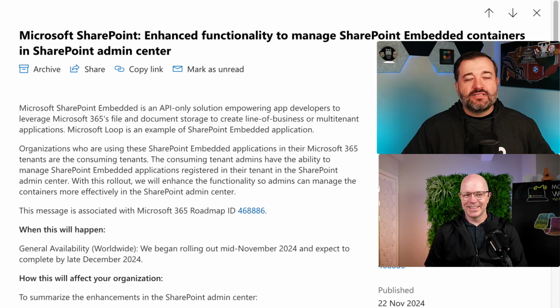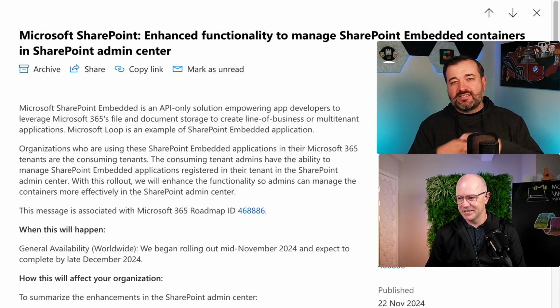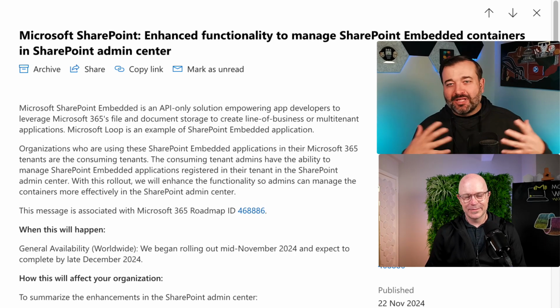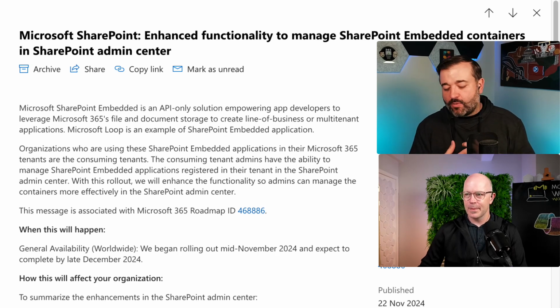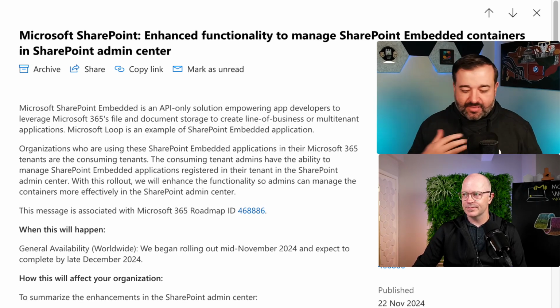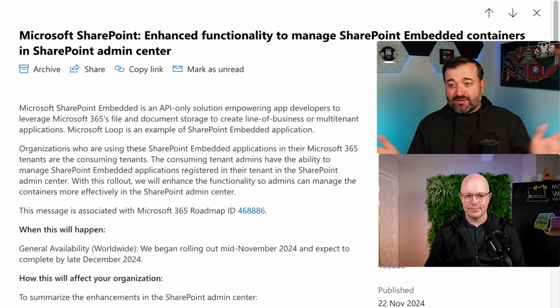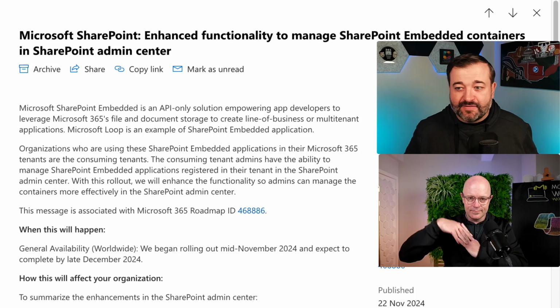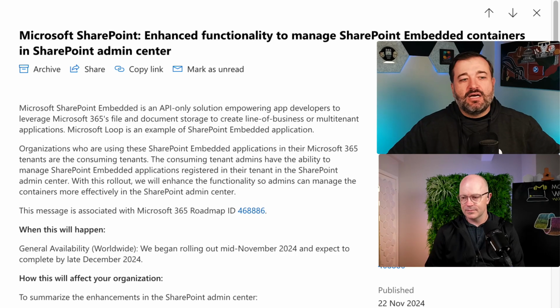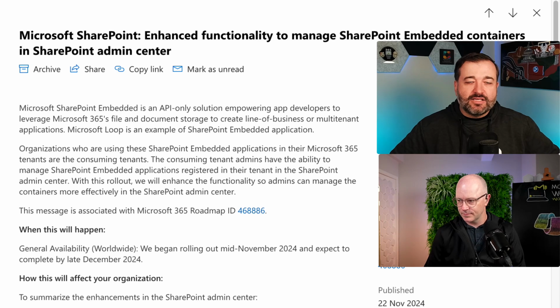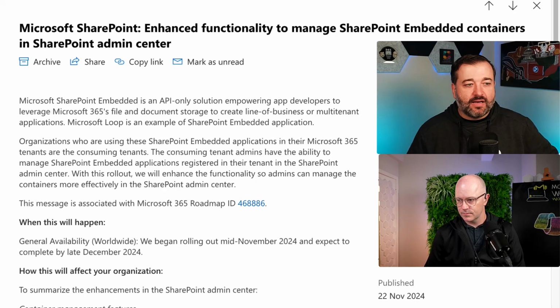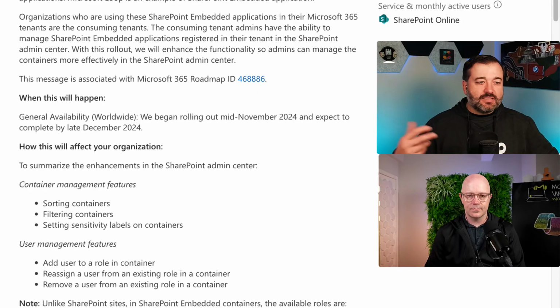This is SharePoint Embedded. It is that API-only kind of functionality where we can store content with that rich SharePoint functionality, one of which being Loop pages, workspaces, right? I mean, that's where we're putting that stuff. That's right. But this is bringing additional functionality for admins in SharePoint Admin Center so that we can do things like